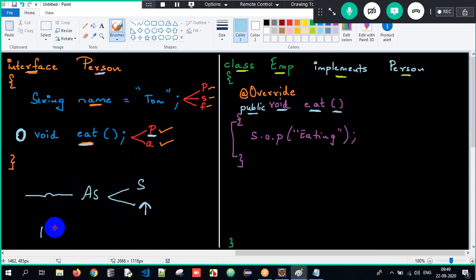Meaning when you override a method, the access specifier has to be the same or of increased visibility. If you have a default method, once you override it, you can remain it as default or you can increase the visibility to public. Got it? Now imagine the access specifier is public, but you cannot decrease the visibility to default. Why? Public has the highest visibility, and while overriding, the access specifier should be the same or of increased visibility. It cannot be of decreased visibility.